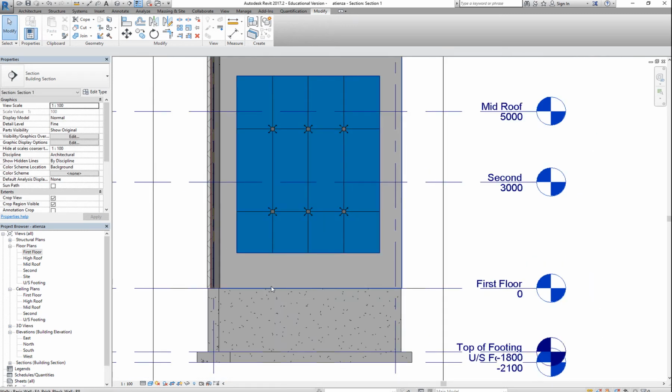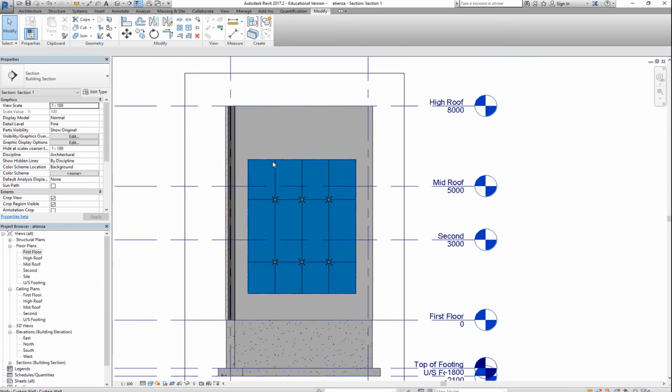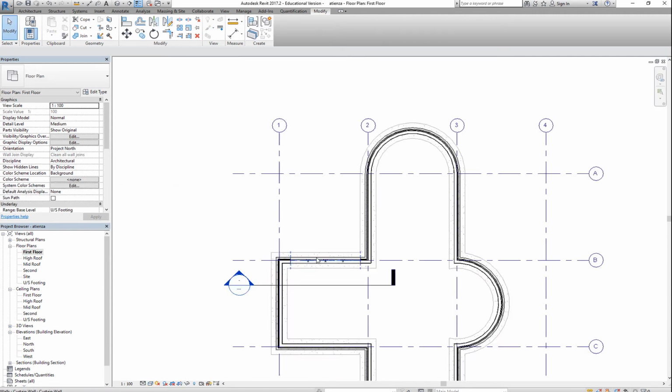It will start here in the first floor. I do know this is 1,000 right here, so a base offset of 1,000, and then this is 2,000 right here, so that could be a top offset. Okay, so go back to your first floor plan,